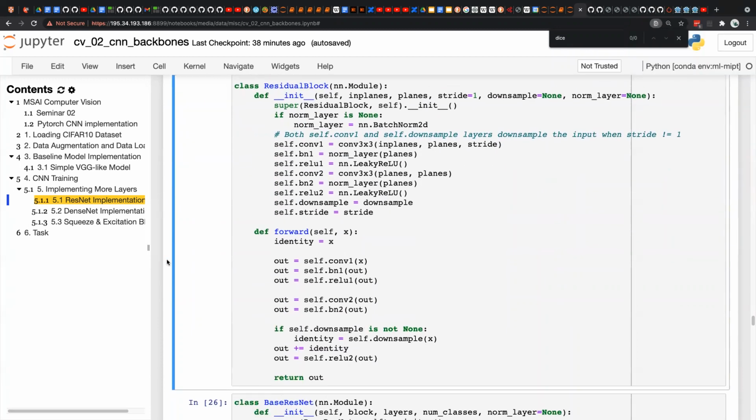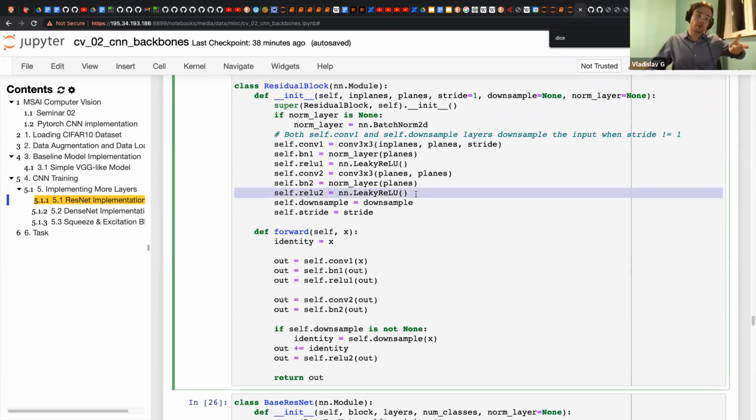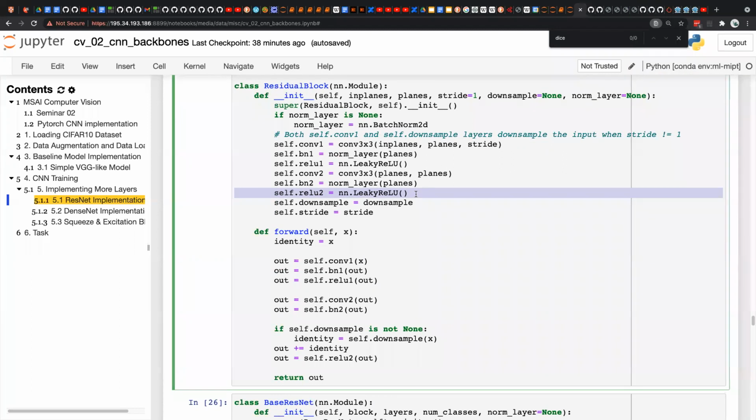One more question. When we use batch normalization, is it normal practice to use it just after convolution or after ReLU? Before activation. Before ReLU? Okay. No, not just ReLU, but any activation. It is connected with the fact that activation functions usually have some irregularity at the 0 point.